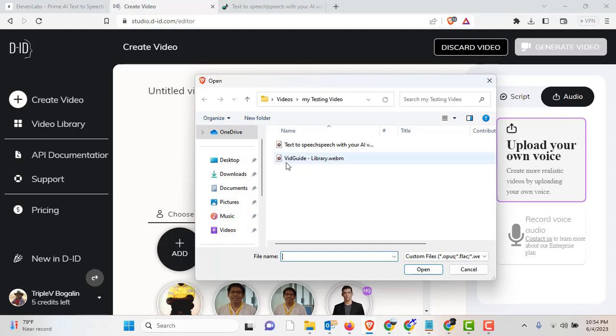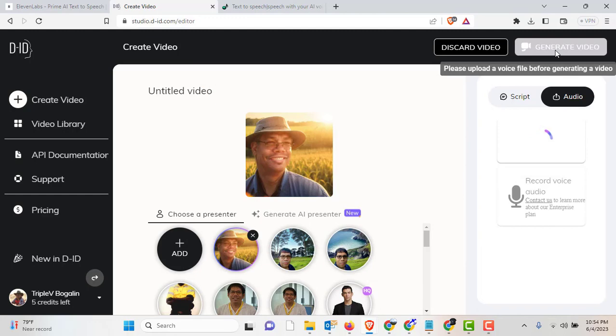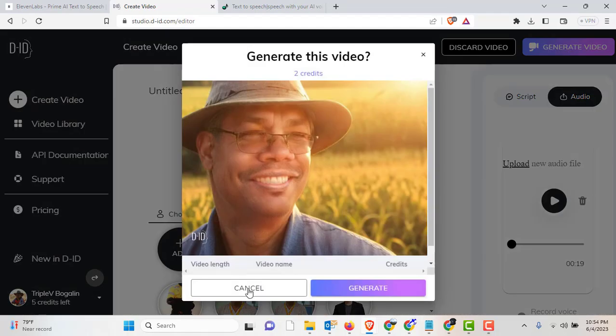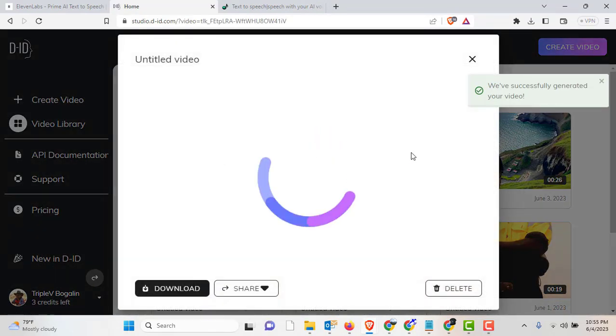Okay, this one. Then click generate. Then generate. Okay, and if you play it,